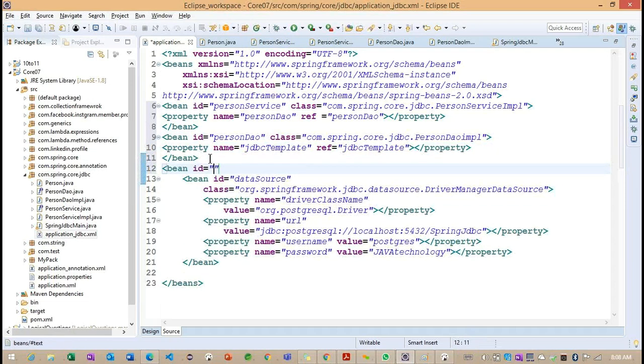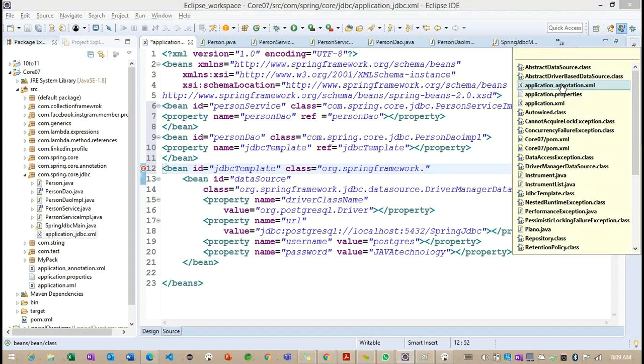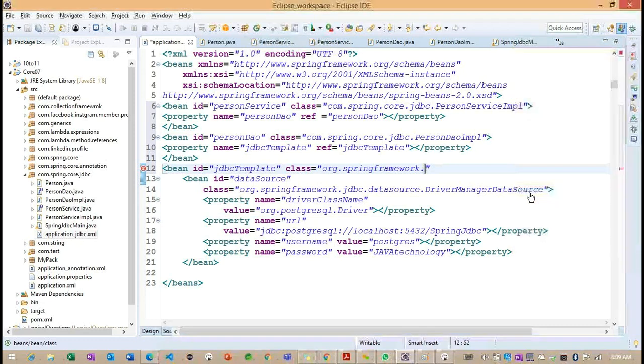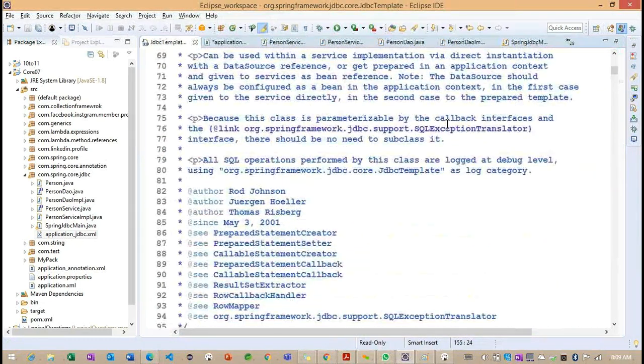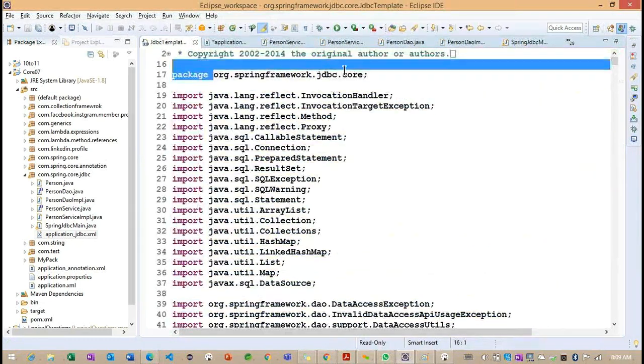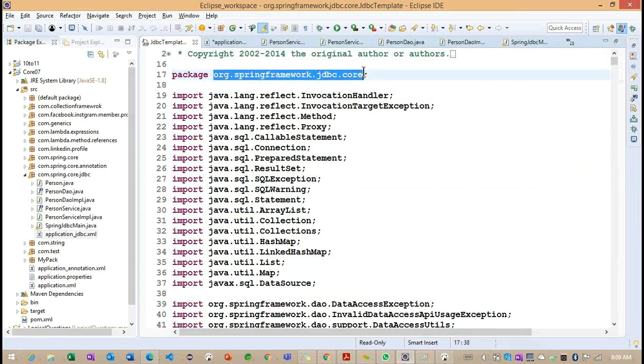And one more bean we need to create: the JDBC template class, org.springframework.jdbc.co. Where is the JDBC template? org.springframework.jdbc.co.